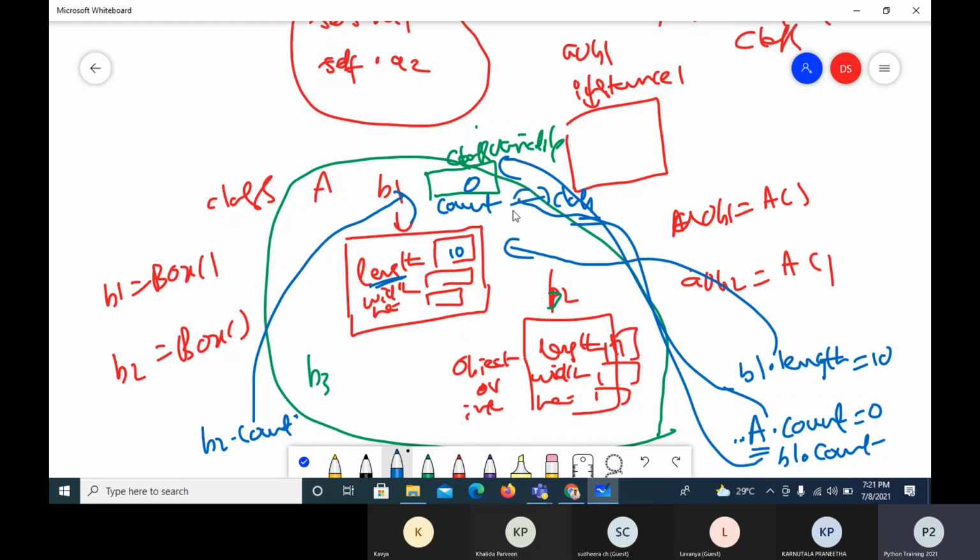Whereas I cannot refer to an instance property with the class name. When I try to refer to a.length, there is a question mark: which length do I have to refer to, this length, or this length, or b3's length? Because there is a separate copy of instance properties for every instance, I cannot refer to an instance property with the class name.